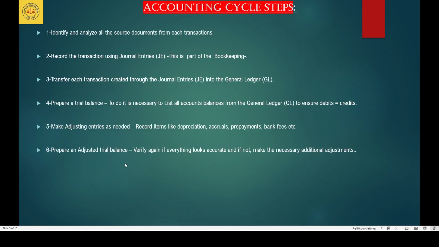you have to go to the next step, which is to prepare financial statements. That means you're going to prepare the income statement and the balance sheet. Income statement first and balance sheet second, because from the income statement you calculate if you have profit or loss or your business breaks even, and that dollar amount is going to be reflected in the balance sheet. In other words, to complete the balance sheet, you have to have done the income statement.